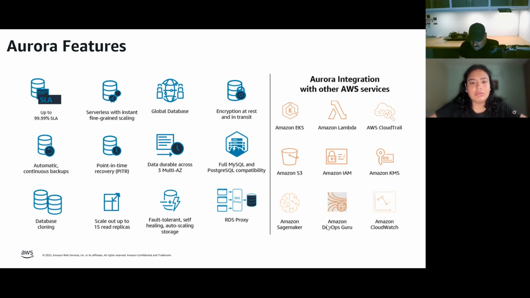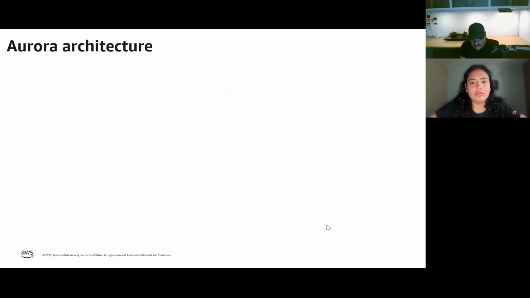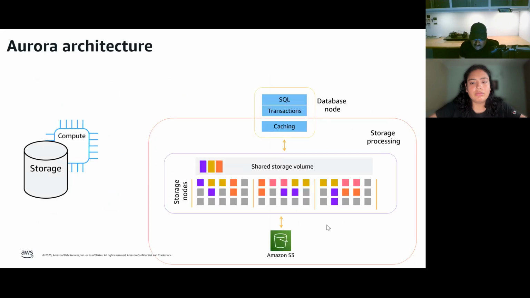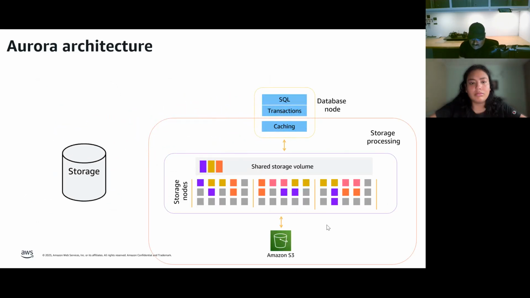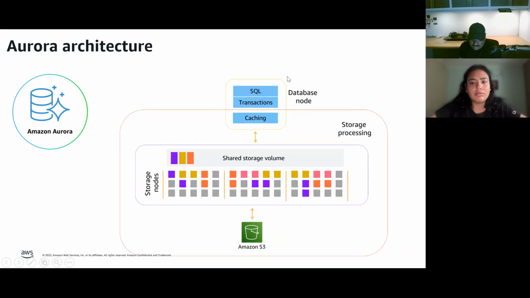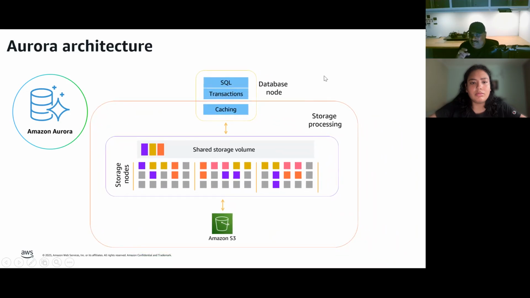So these are all the features at a very high level, but in the next slide, I'll explain the Aurora architecture at a very high level. Here in Aurora, the compute and storage are isolated from each other. And the major advantage of isolating compute and storage is that if there is any issue at the compute level, you can easily replace it with another compute instance and attach it to the same storage. In that way, you can either upscale or downscale your compute instances, or even replace your compute instance during any glitch at the compute or network or any other level, right?